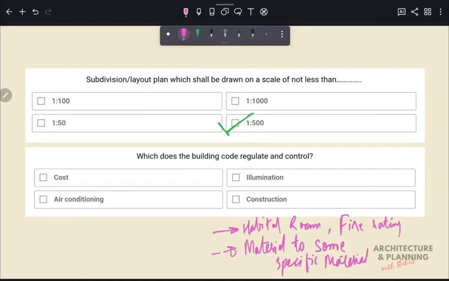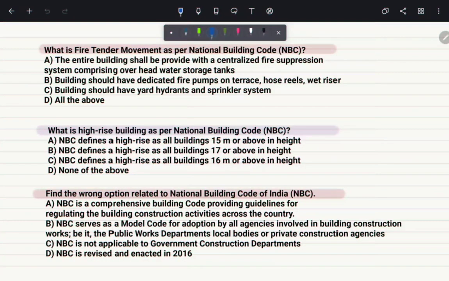These guidelines are used to regulate and control construction. Therefore, the correct answer of this question is option D. What is fire tender movement as per National Building Code? So fire tender is the term related to firefighting